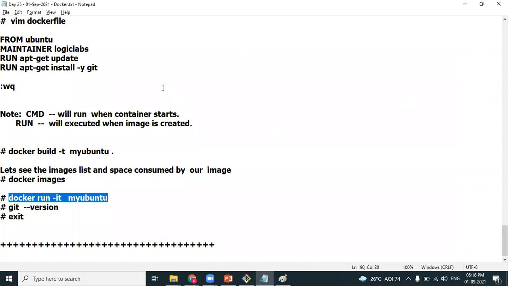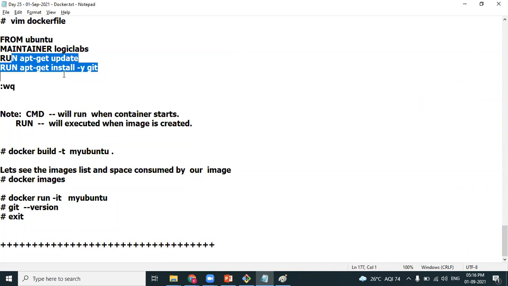Dockerfile, my dear friends. Let's say you want an operating system, and on top of it you want to install software 1, 2, 3, 4. If you are sure about that, you mention the RUN instructions in a single shot. When you build from the Dockerfile and the image gets created, the RUN command gets executed, and you have the image with software installed in it. Once you create a container from that image, you will have the software ready.